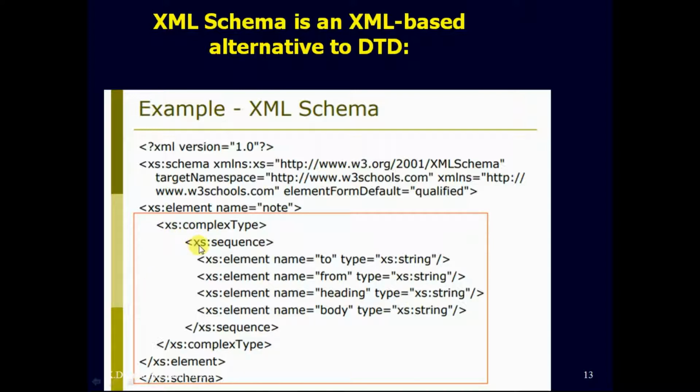Okay, sequence is again a parent element, consider like that. So the parent of an element is sequence, and the element is a child. What is another parent for a sequence? That is complex type. Either you can use simple type or complex type. Here, based on two things you have to specify that. Majorly the industry or industry web applications use complex type, which doesn't have a simple type. Okay, you have to specify what is the main root element, that is name equal to note, which is the root element. You have to remember, inside an element name you have to specify complex type, and then sequence, then you have to specify elements.